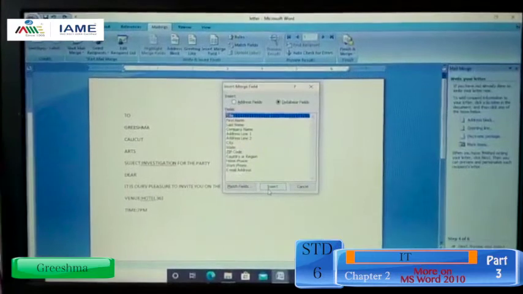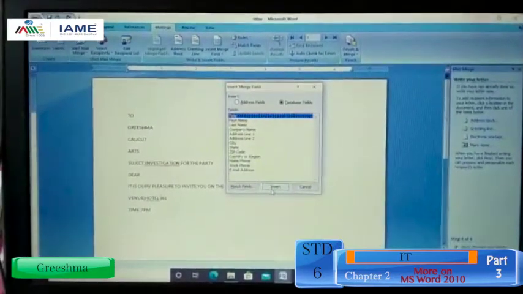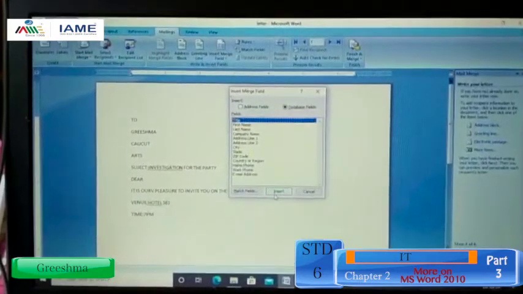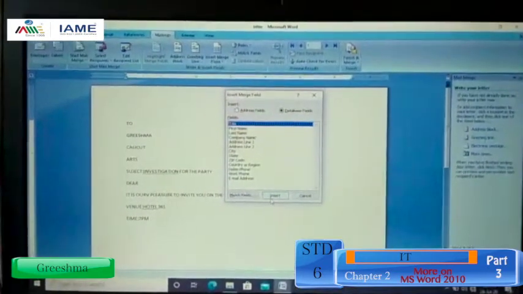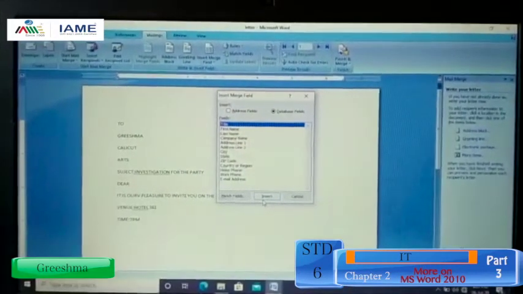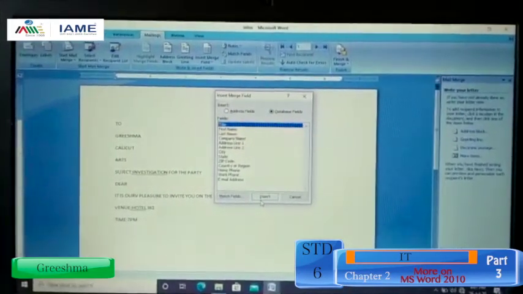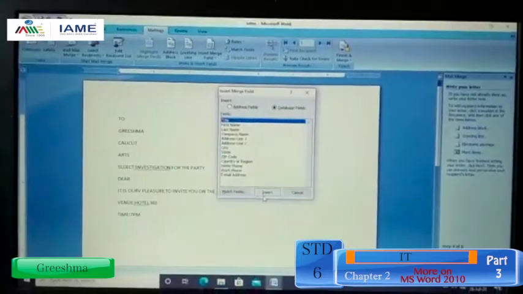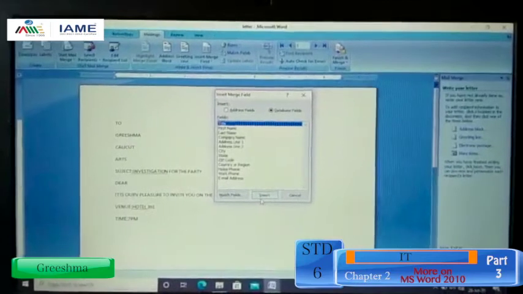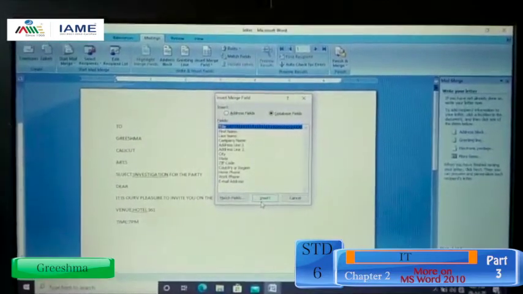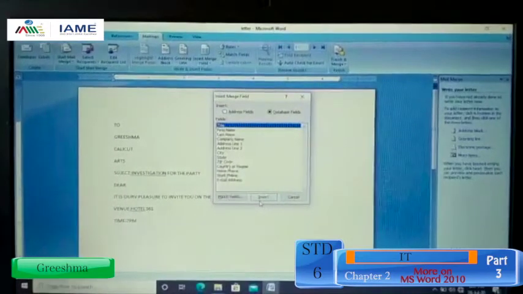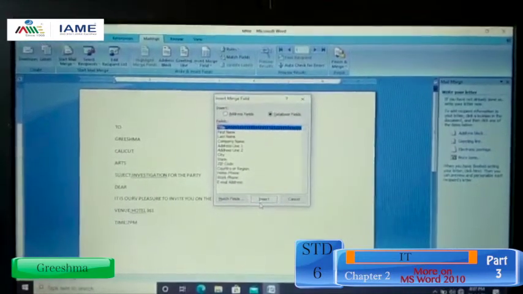All of you listen. 20th step, click on insert to add the title field below to in the invitation letter. Similarly, add first name and last name, etc. Click on close when you want to select from a new line, and again click on the more items option.